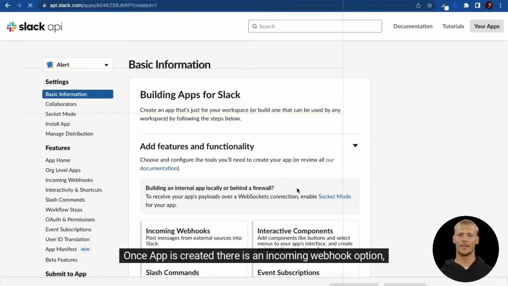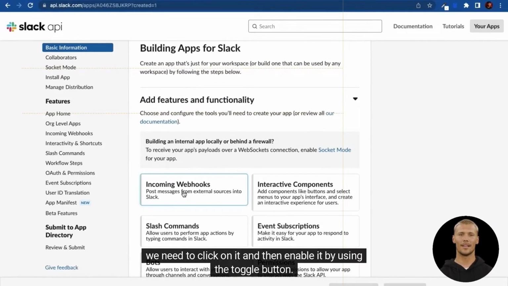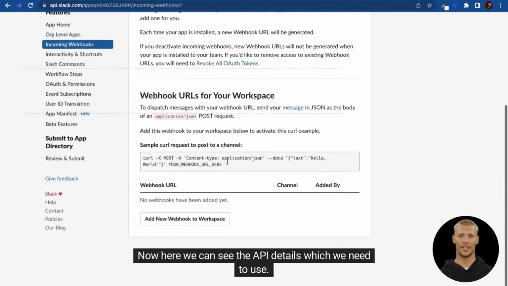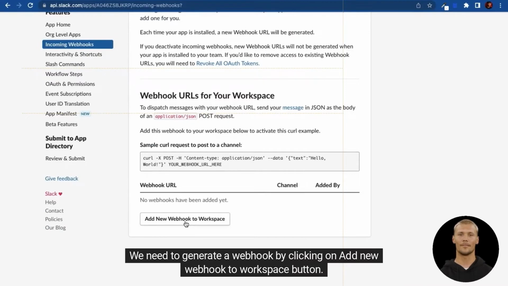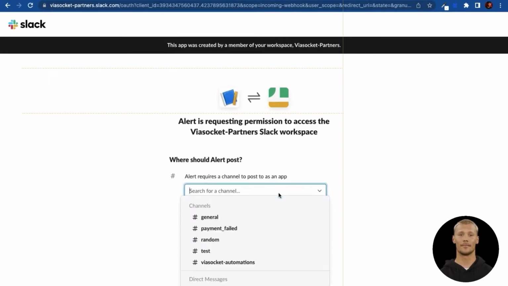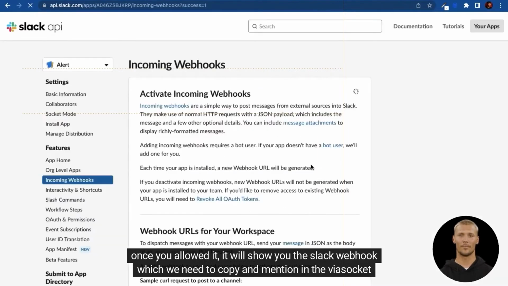Once app is created, there is an incoming webhook option. We need to click on it and then enable it by using the toggle button. Now here we can see the API details which we need to use. We need to generate a webhook. By clicking on Add New Webhook to Workspace button, it will ask us to select the channel name which we have already created to receive the alerts. Once you allowed it, it will show you the Slack webhook, which we need to copy and mention in the